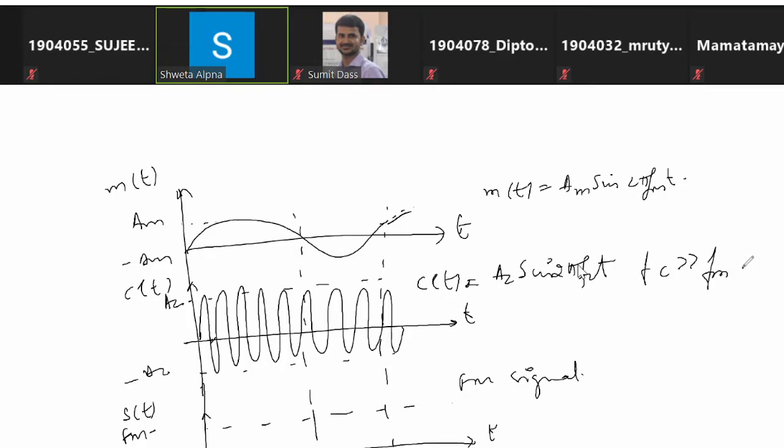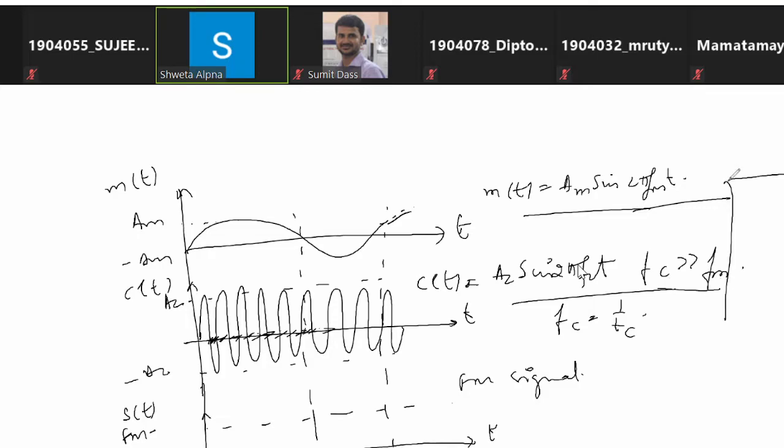Now in frequency modulation, what has happened? The frequency of carrier signal. Frequency means which parameter? The time period. Isn't it? Frequency fc is equal to 1 by Tc. So the time period of the carrier signal is initially constant. Once frequency modulation takes place, once we give message signal from the microphone and carrier signal from an oscillator, when they are applied to the FM modulator circuit,